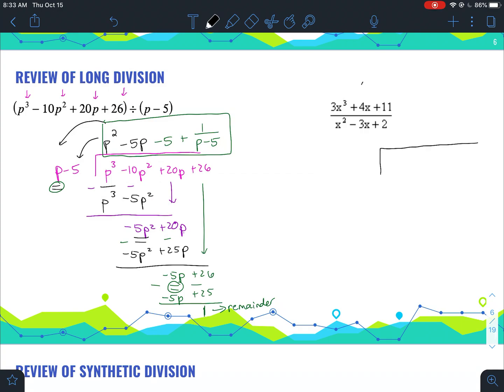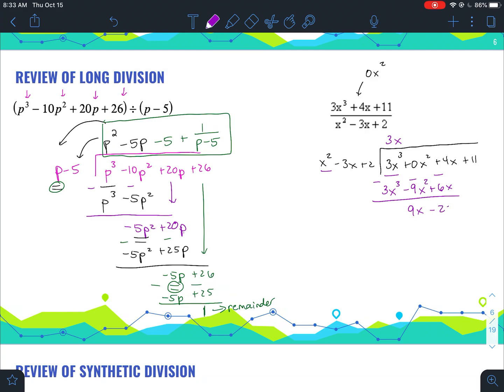So it's top divided by bottom, but notice this one doesn't have any x squared, so I need to put in a 0x squared, or it's going to look uglier when I try and divide. So 3x to the third plus 0x squared plus 4x plus 11, and then divided by x squared minus 3x plus 2. That wasn't missing any terms, so I don't need to put zeros in. x squared times what is 3x to the third? Well, that would be 3x, and then if I multiply that out, I get 3x to the third minus 9x squared plus 6x, and then subtract, subtract, subtract, and this would be